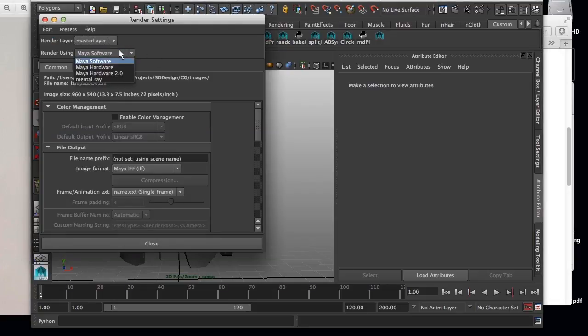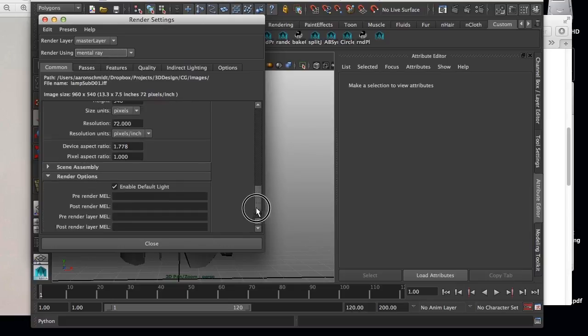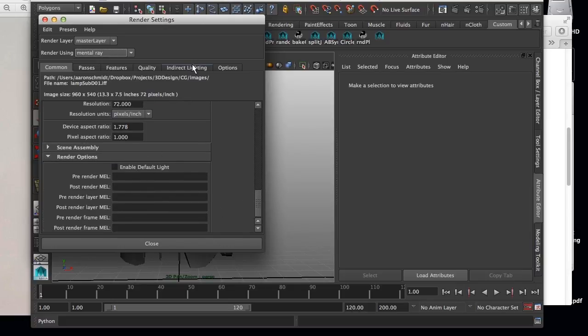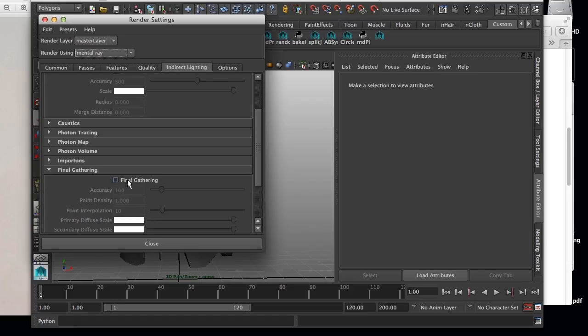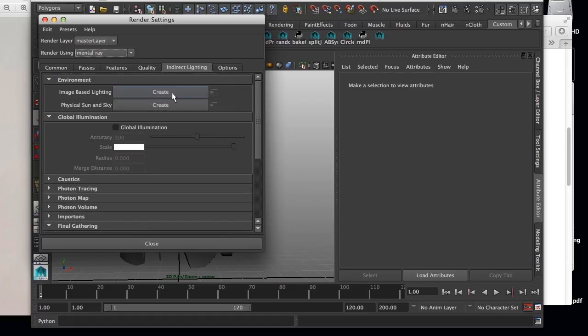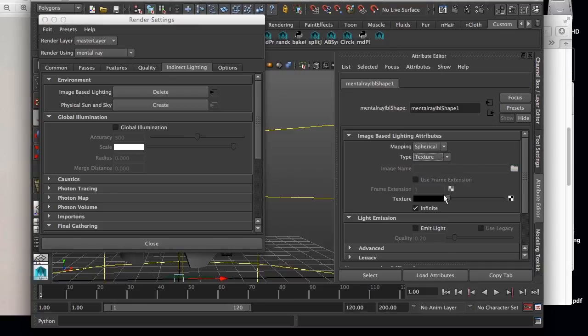And I can open up my render settings, change to Mental Ray, turn off my default light here, turn on indirect lighting, final gathering, and I want to turn on image-based lighting just a little bit, texture, move this over just